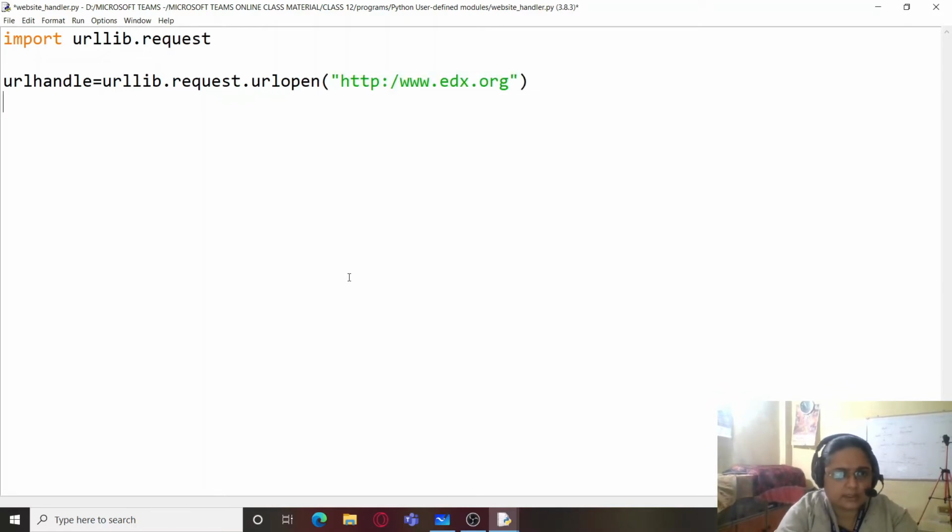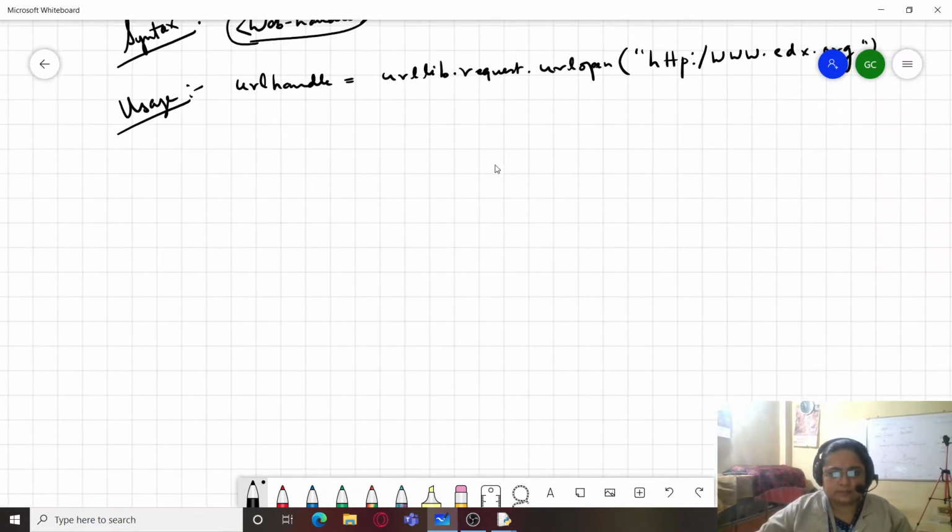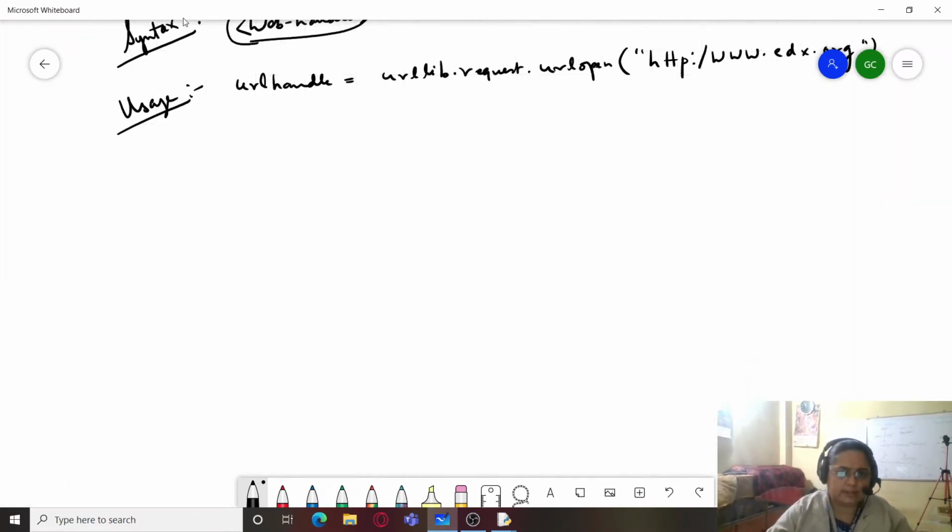I've just written this, and it will return a handle. And now I will be using another module, that is the webbrowser module. So I'm just going to import that. Import webbrowser,